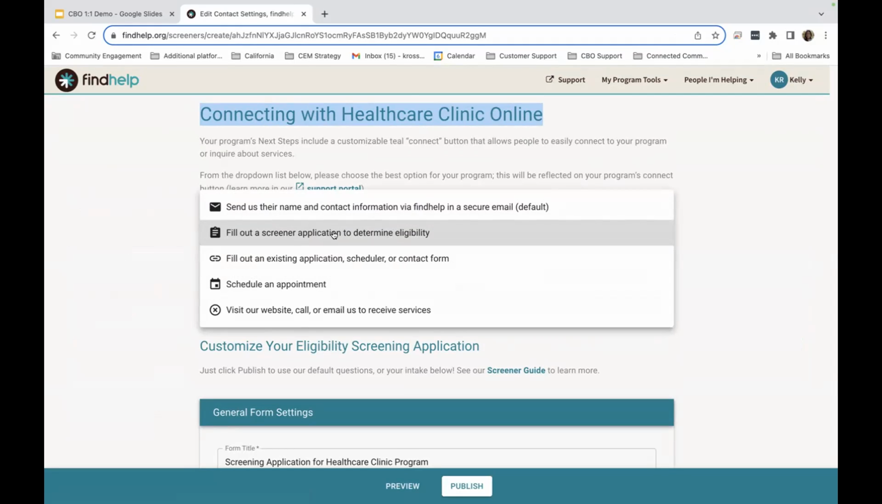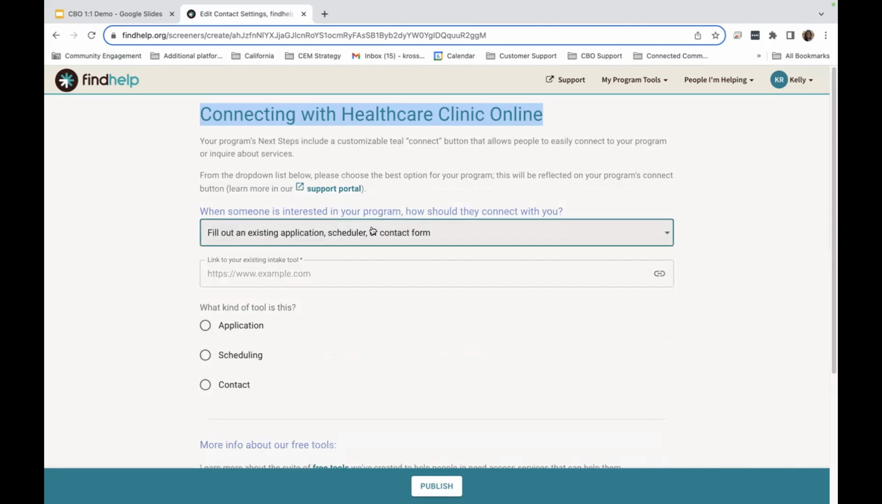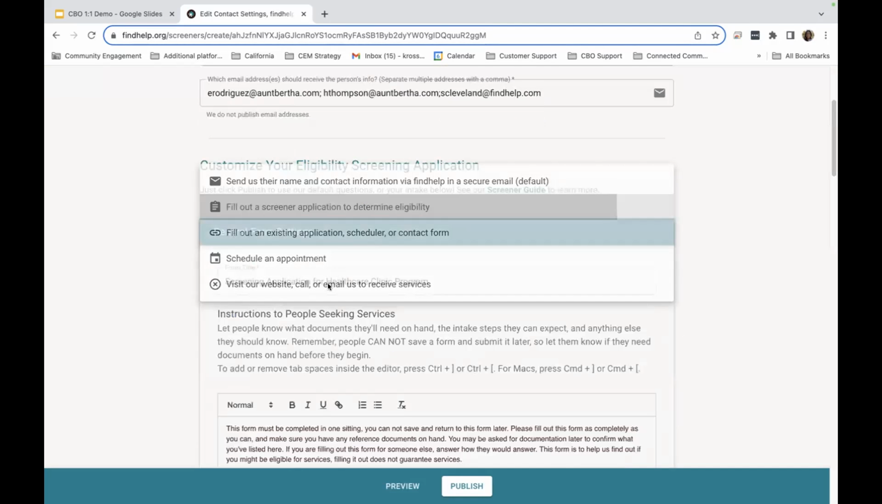eligibility screener. That could be like 3 questions, it could be 10 questions, and that'll come in with the referral. I have organizations I work with that use that to triage referrals. So, okay, they live in this zip code, they meet these 3 or 4 requirements, so I can now triage that and have someone reach out to that individual. You can also link it to an existing application or form, and then you would put in the name of the individuals that